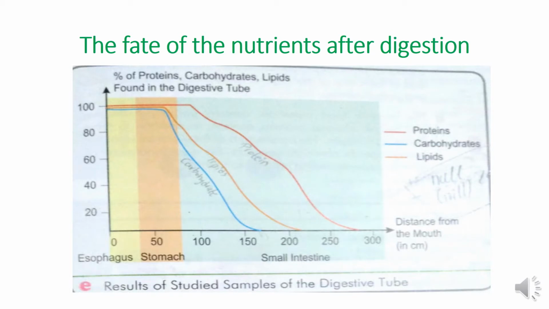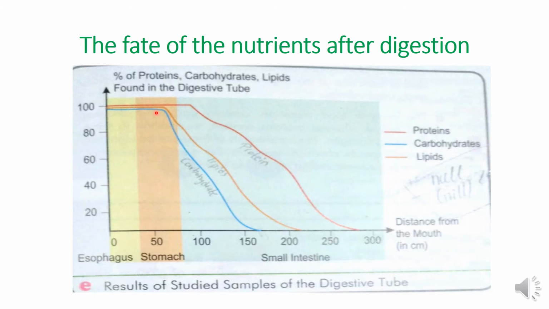The fate of the nutrients after digestion. This line graph shows at which organ of the digestive tube the absorption takes place. First, the title of this line graph is percentage of proteins, carbohydrates, and lipids found in the digestive tube as a function of distance of absorption from the mouth in centimeters. First, in the esophagus and the stomach, the percentage of proteins, carbohydrates, and lipids is constant at 100%. This percentage